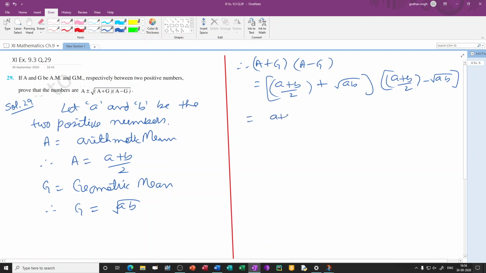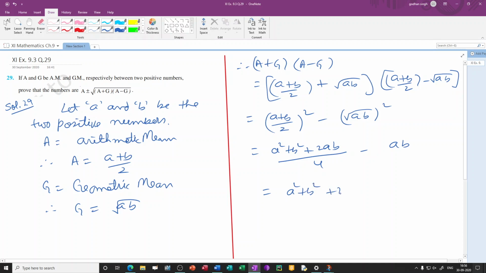So a plus b by 2 whole square minus root ab whole square equal to, here applying the formula of x plus y whole square, we will be getting a square plus b square plus 2ab over 4 minus, this will become ab, and this will be getting equal to a square plus b square plus 2ab minus 4ab over 4, and this will be equal to a square plus b square minus 2ab over